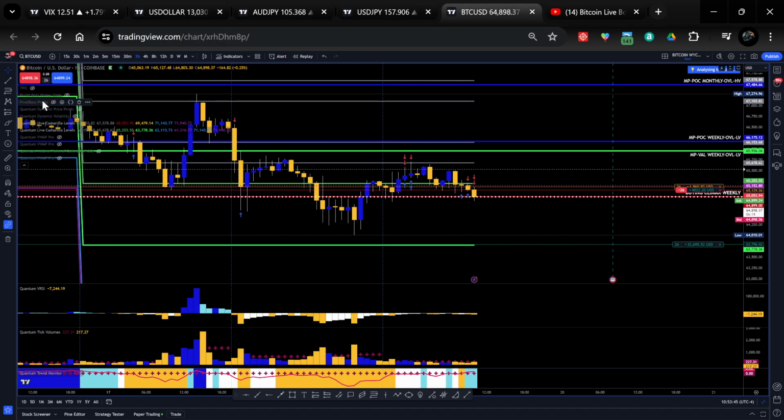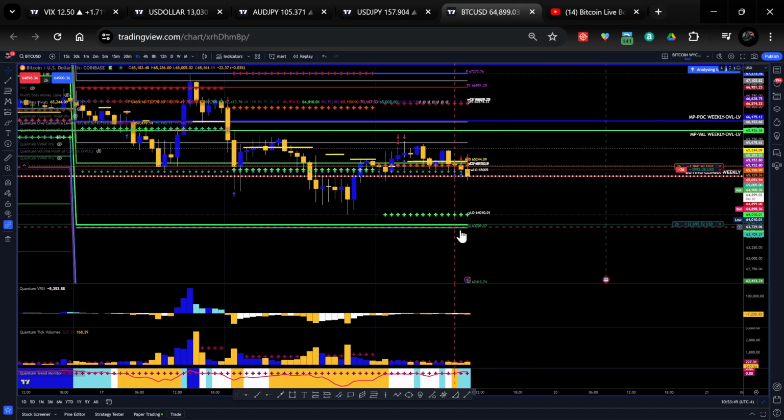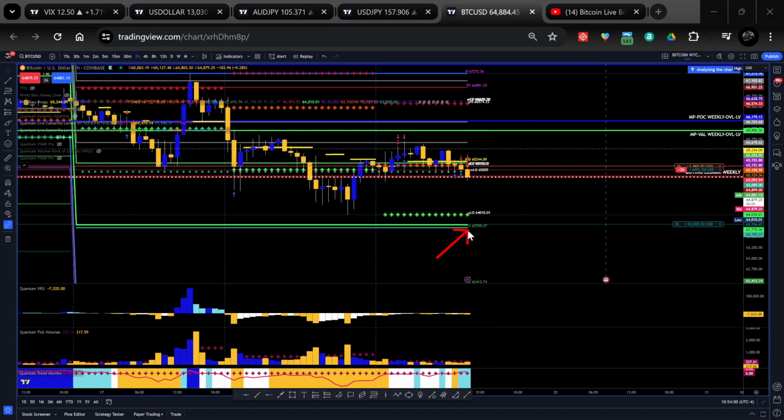So now we're gonna throw on the pivots. S1 is coupled with Camarilla S4, so that's a good target. I'm gonna just put my target right there, just above Camarilla S4. And you can see floor pivot S1 for the week is at 63,709.37. So this should be a target here, and all this bearishness coming in here for the week, this should be a target here.